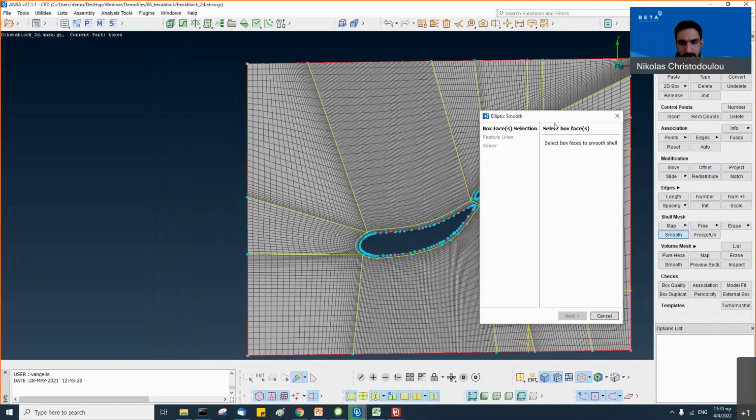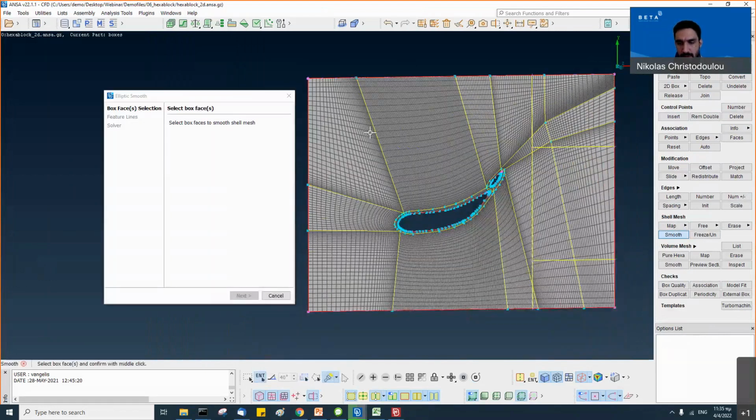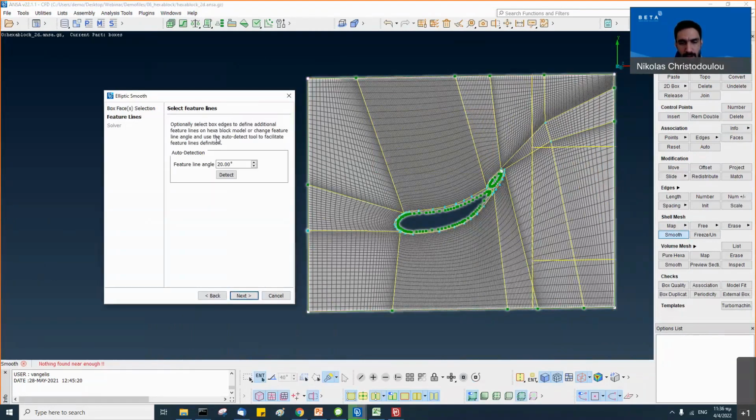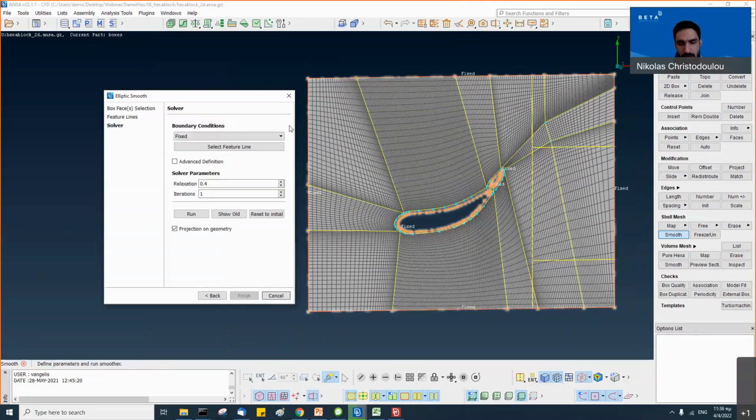And what we see here is first it will ask to select the box faces. Let's select all of them. Next. Now it has identified the feature lines automatically. We can modify them, but the default works nice. And now we have boundary conditions that can be set up for different feature lines here.